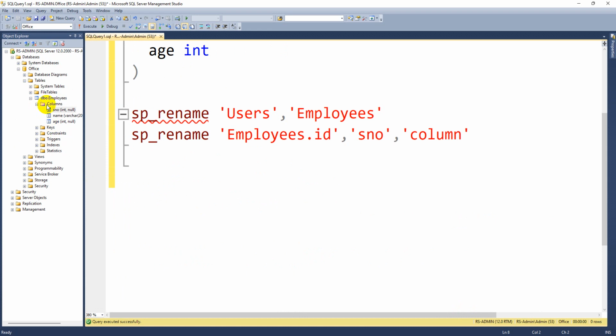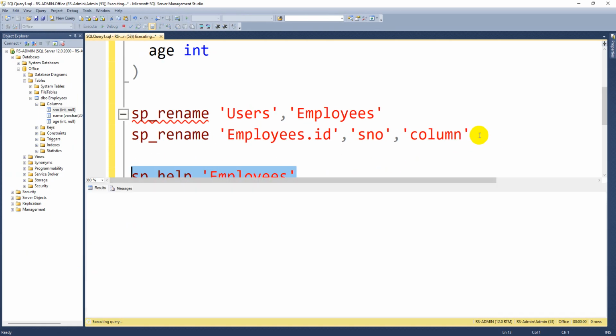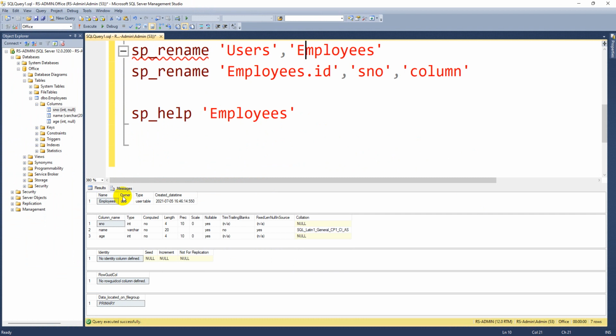One more thing you can do, guys. Here in SQL Server there is a shortcut to get the details of the table: sp_help, and you can enter the table name. Then it is going to give you the details of the table. So sp_help of employees, then it is going to give you this. What is the table name?